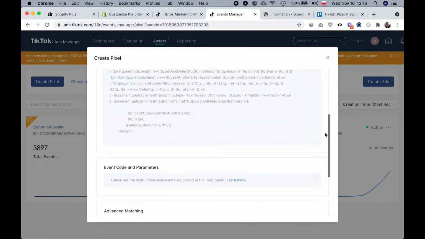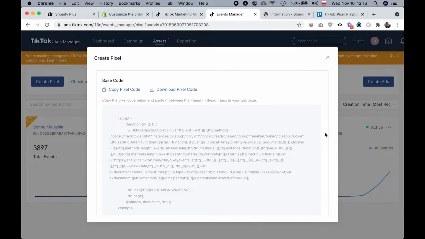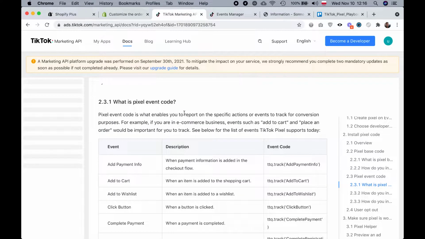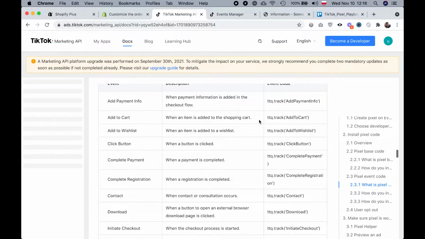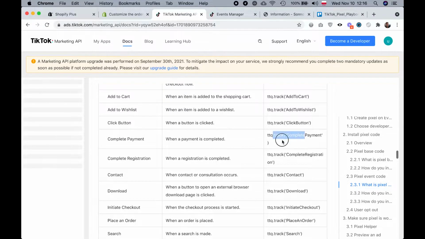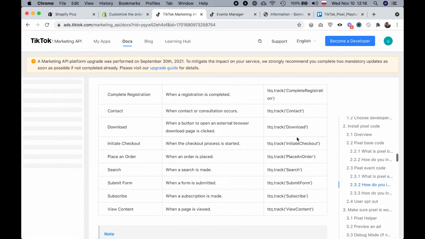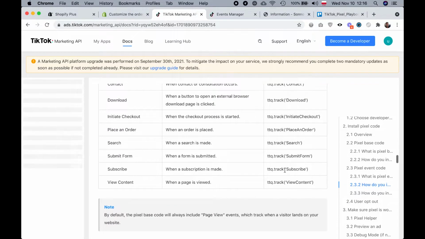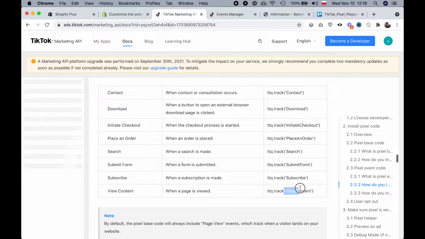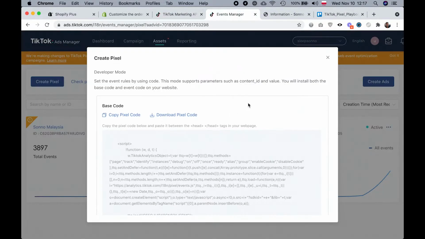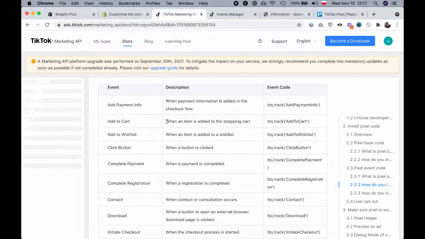The next part is adding custom events, right? So you can find the list of events in the TikTok documentation, but this is kind of what the events look like. We have like add to cart, which is an event that you want to trigger when a person clicks the add to cart button. We have the complete payment, which is like when they finished the payment, and we have all types of other events like subscribe and view content, which is just when they view a page. So yeah, we have the base code, we have the event codes,